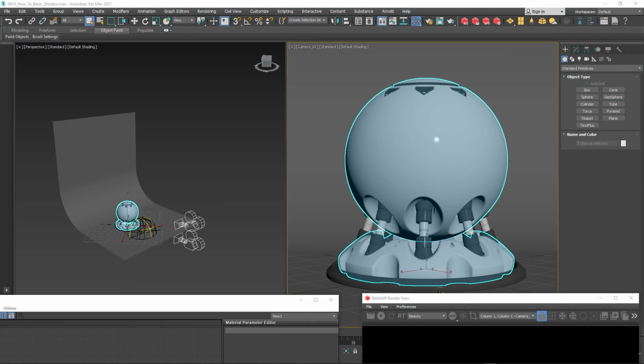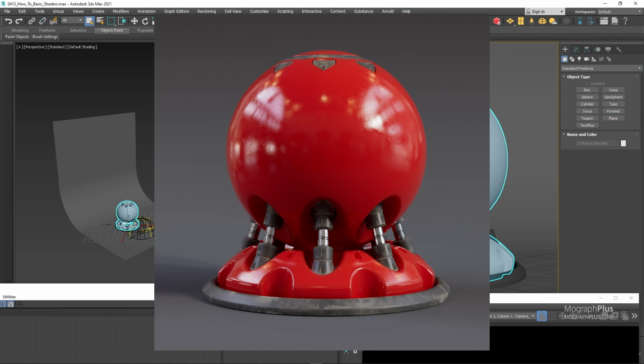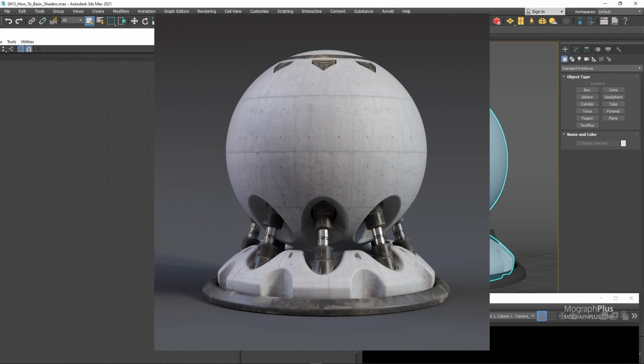In this video, we learn how to approach creating some of the fundamental shaders including plastic, parquet or wood, concrete